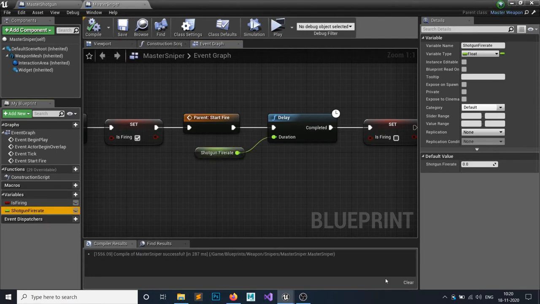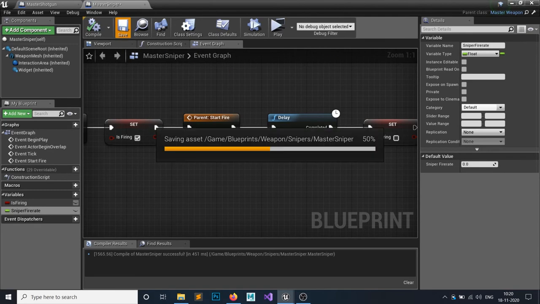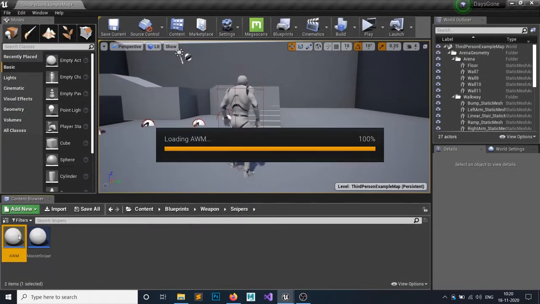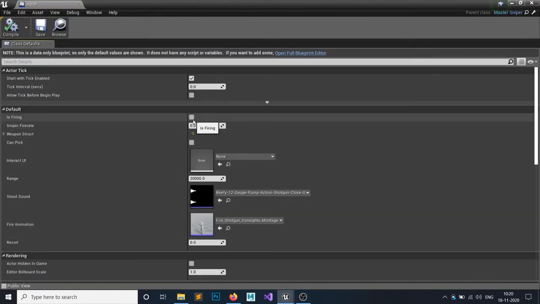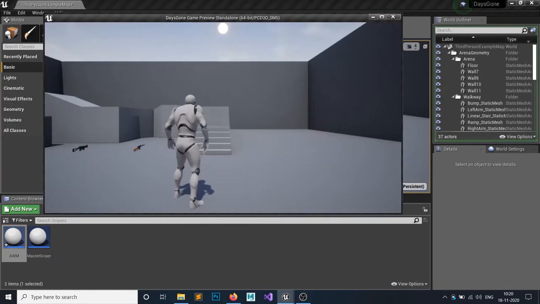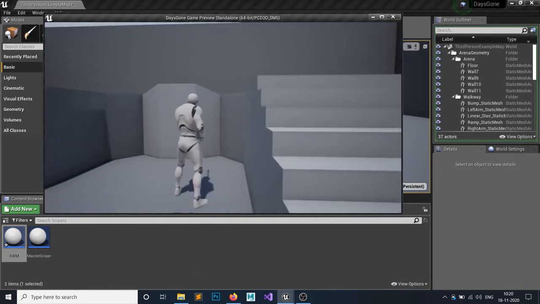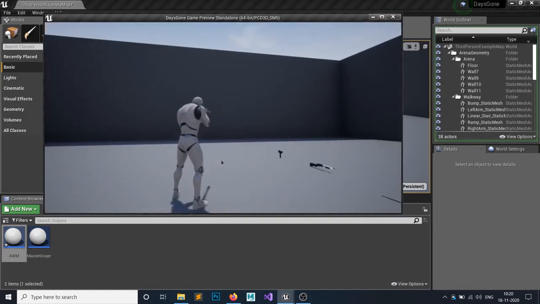Let's name it sniper fire rate. Okay, so for the sniper guns, my sniper fire rate should be 1.5 seconds. So every 1.5 seconds it can shoot. So this is my sniper, it can shoot.